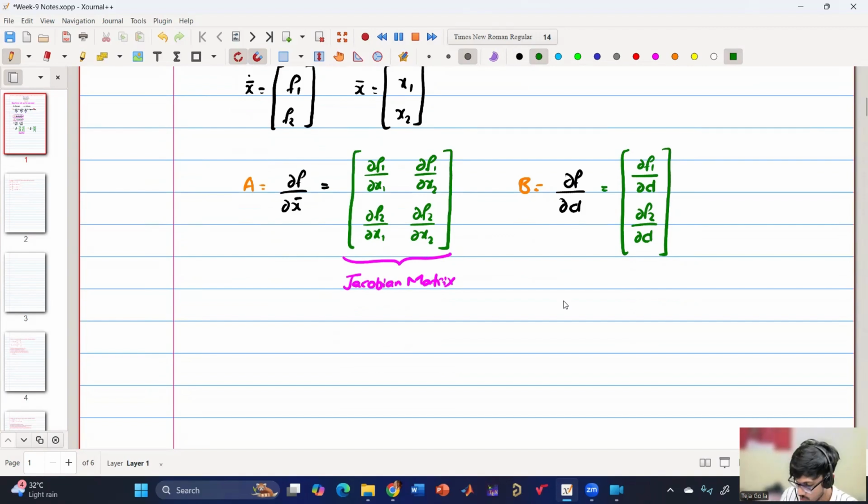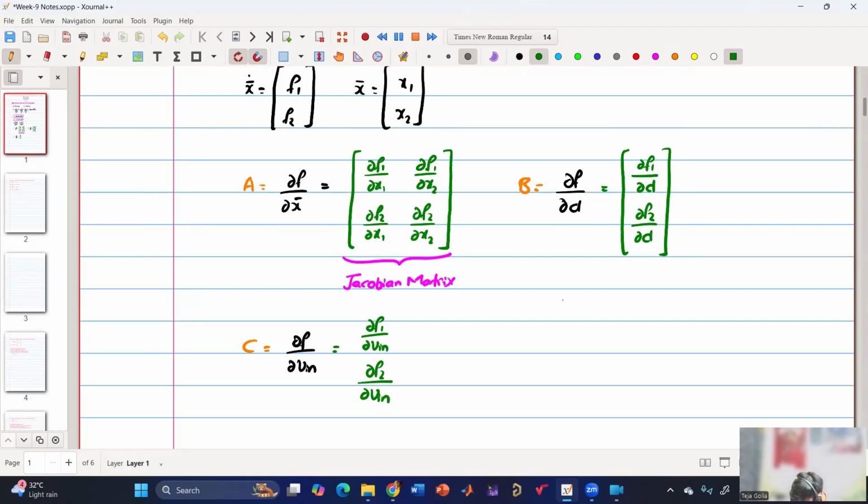Now if we have to calculate my C matrix, then I have to differentiate it with V. So again, we are going to get a matrix which is dou f1 by dou V as well as dou f2 by dou V. C matrix. Now, for getting D matrix,